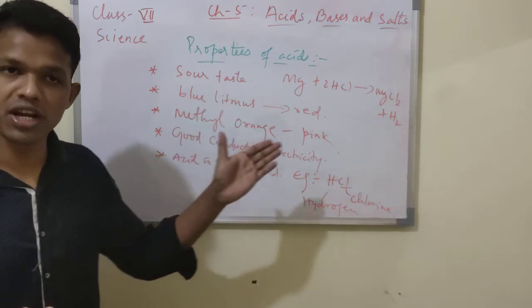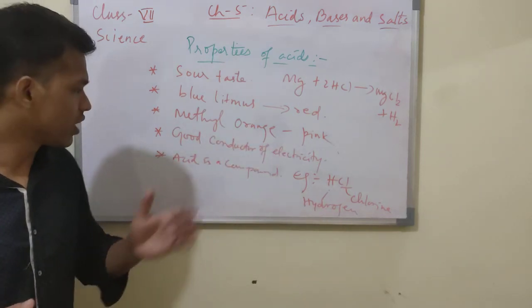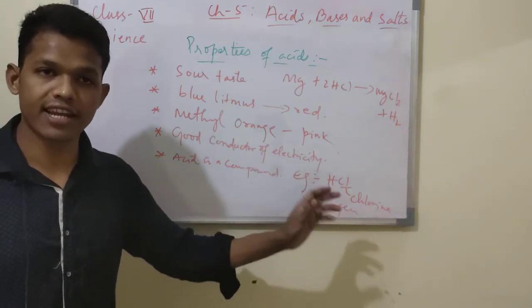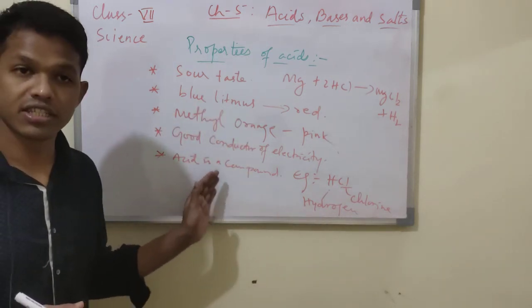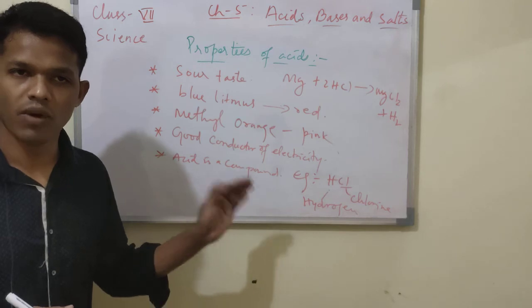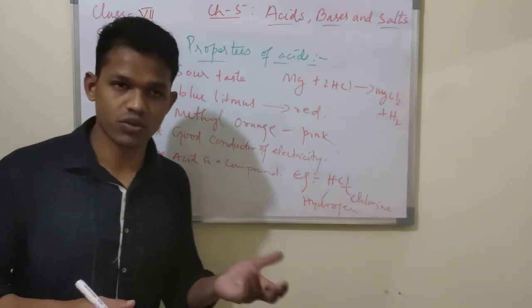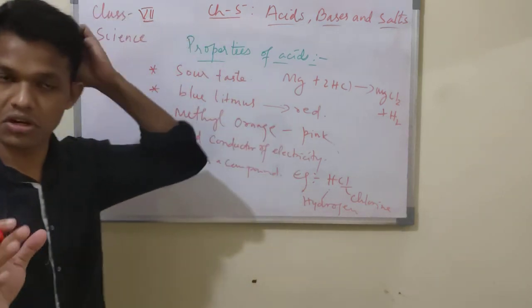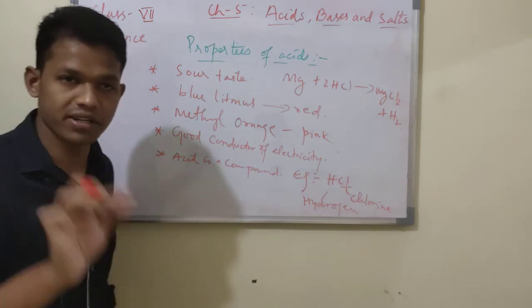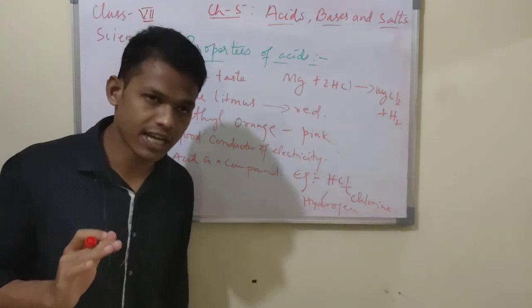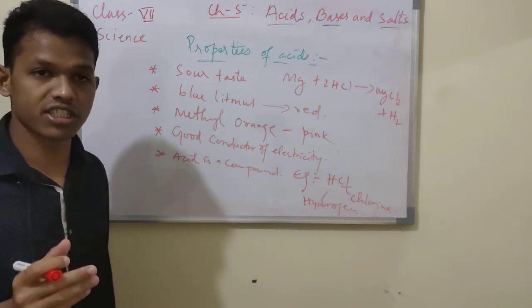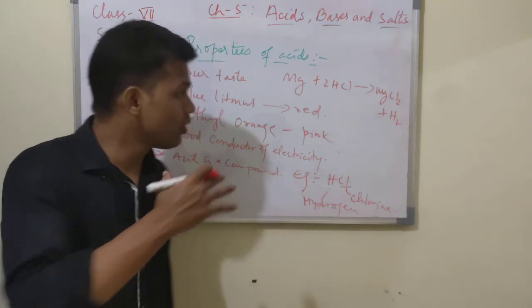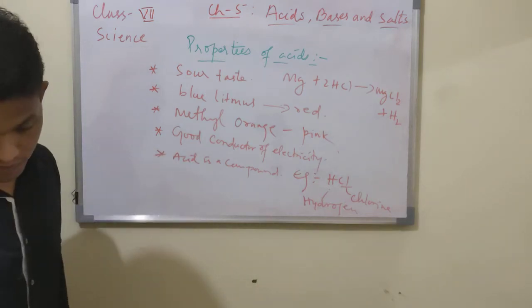It is also a good conductor of electricity. Also, acid is a compound; always you will find a hydrogen element in acid. And acid readily dissolves in water. While mixing, the rule says acid is added to the water slowly, drop by drop. Got it now? Also, acids are corrosive. So all this we have studied in the properties of acids.